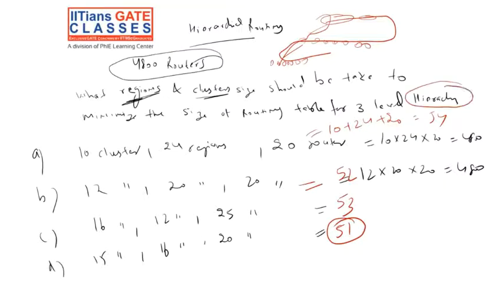The minimum size means we are reducing the routing table to reduce the searching time. That's the key motive. We studied that in the network layer, right? So just apply common sense, answer is D. 15, 16, 20, 51 entries are there. 15 one time we have to search. If we apply this configuration, then the worst searching time is 51. In the worst case we have to go to 51 places, right? Guys, say yes or no.